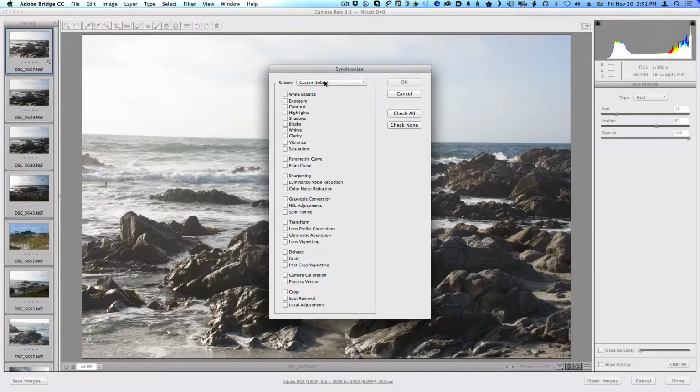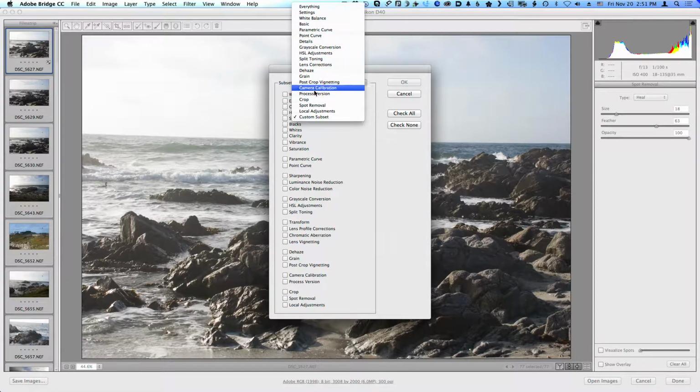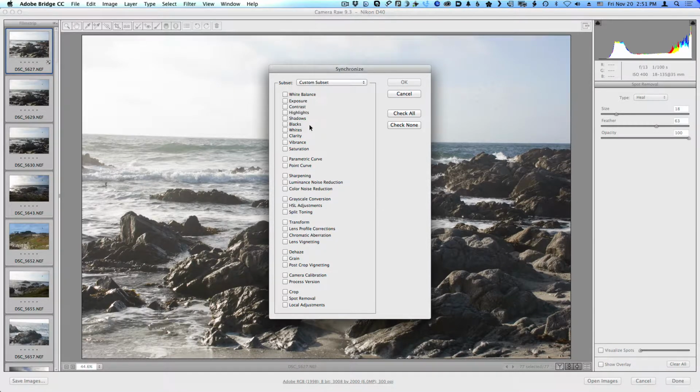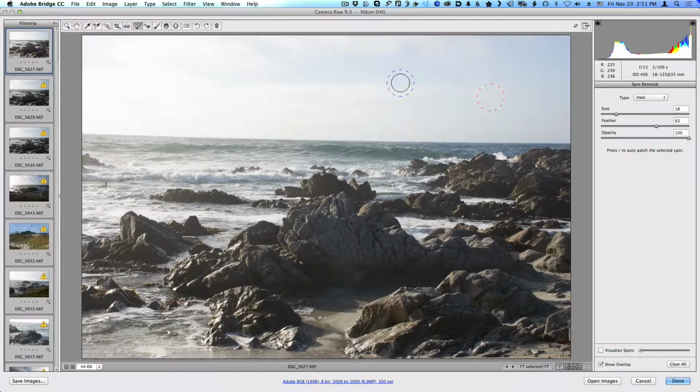removal. Up in the subsets area, you'll note that there are a great many controls, or I could check my own subset, which is already ready for me to check, and I would check spot removal. Before I do that, I do want you to see there is in fact a subset that just says spot removal. It only has that checked. Six of one, half a dozen of the other. You know what I'm saying. Go whichever way you'd like, and once I hit OK, notice that that little icon appears on every one of